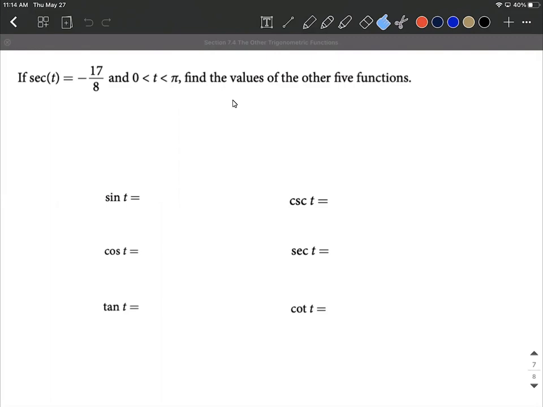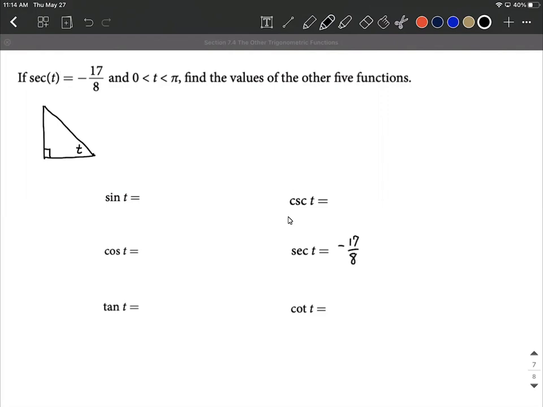To do this one, what I'm going to suggest is to draw a triangle, and then we're going to focus on which quadrant we end up in to help us out with positive or negative as far as our signs go. As I'm drawing this triangle, it's going to be a right triangle. And I want to label exactly which angle is going to be t, because that's the angle being plugged in here. Now, we are given secant of t is negative